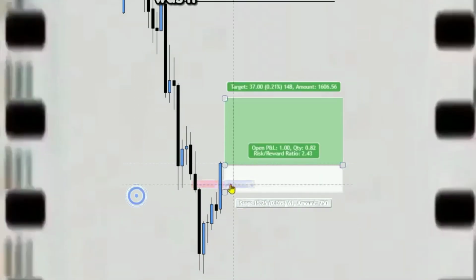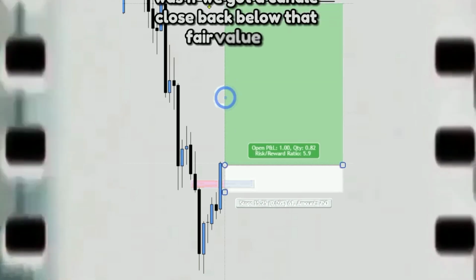Now I marked out this top fair value gap and I was waiting for this fair value gap to be inversed, and as you can see, this fair value gap has been inversed, so this is where I entered into my long position. My stop loss was if we got a candle close back below that fair value gap, and my take profit was simply this high right here, which is an extremely good risk to reward ratio. As you can see, it is a 1 to 6.5, and this is a trade that I caught live today